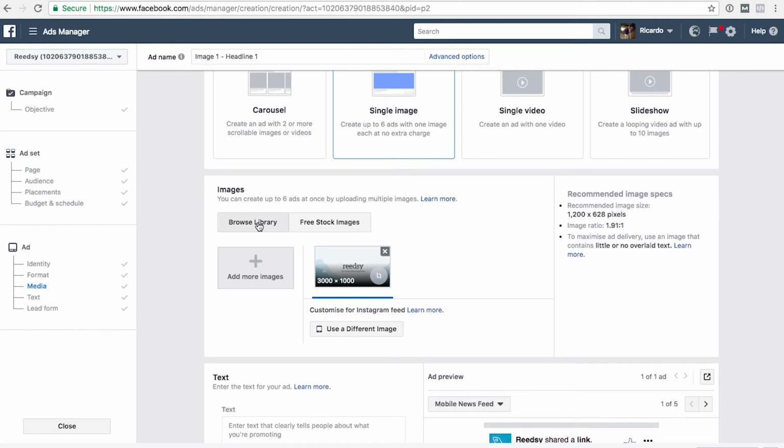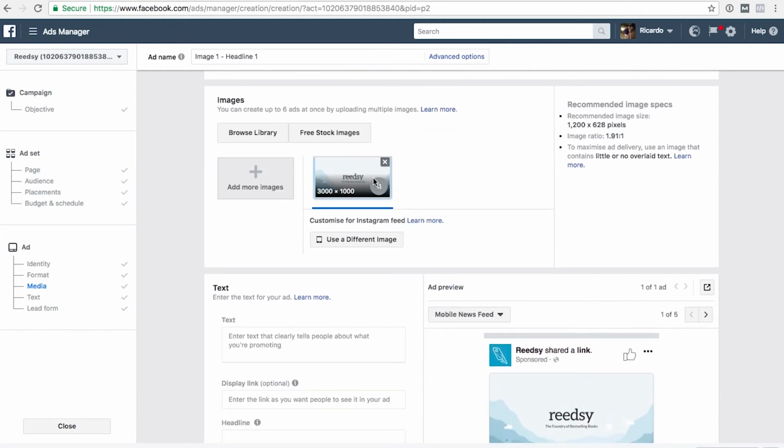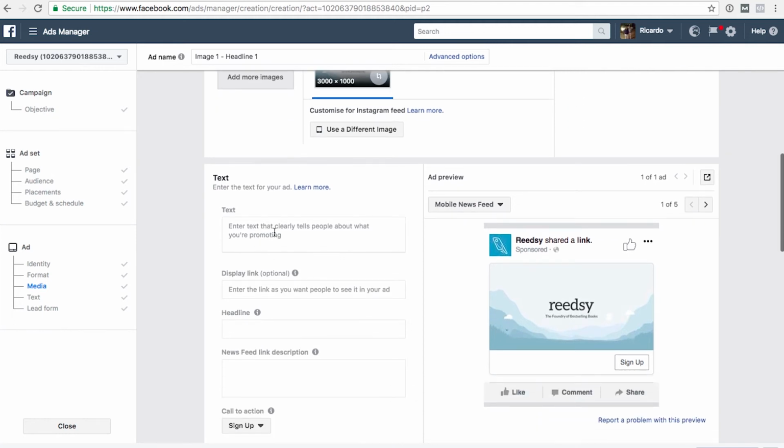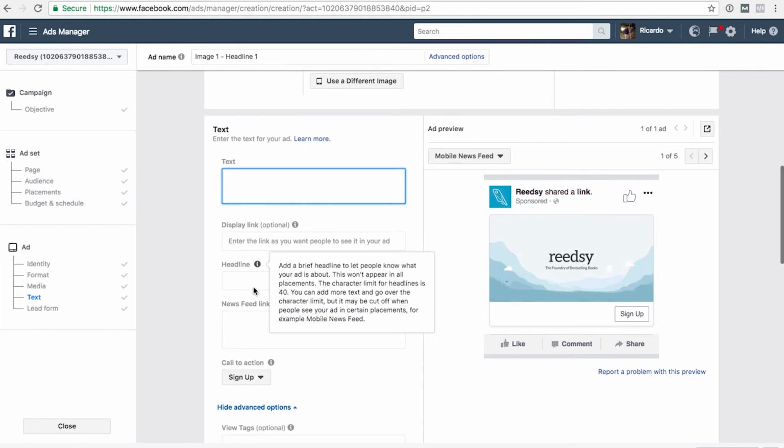Then you have to craft the ad. So you're going to use an image. I suggest using images with bright colors. Orange, purple work particularly well. It's important that your image doesn't have more than 20% text. Facebook has a tool for that. So when you upload an image, they're automatically going to tell you whether it has too much text or not. And then you're going to create a headline,